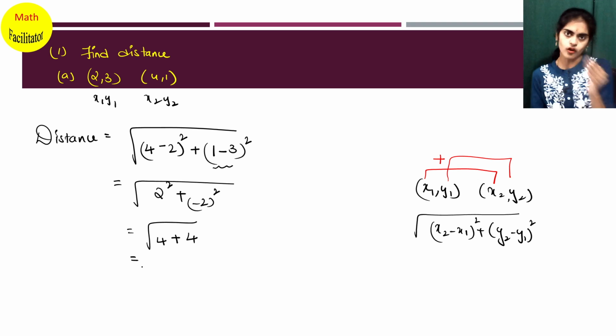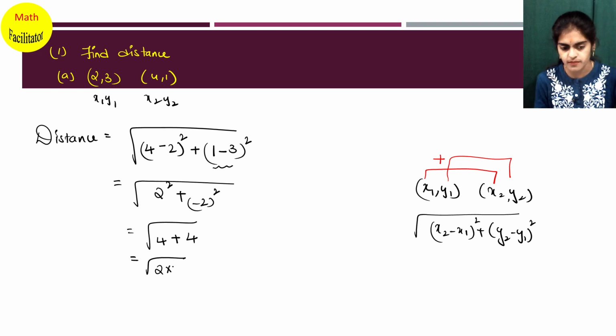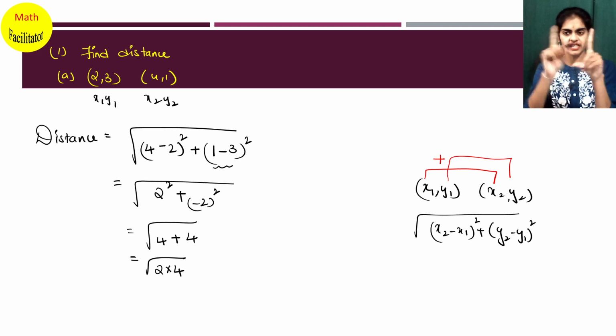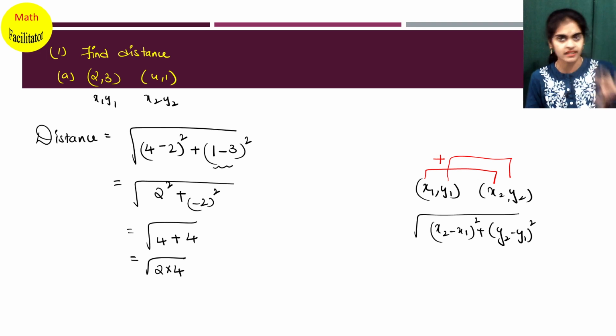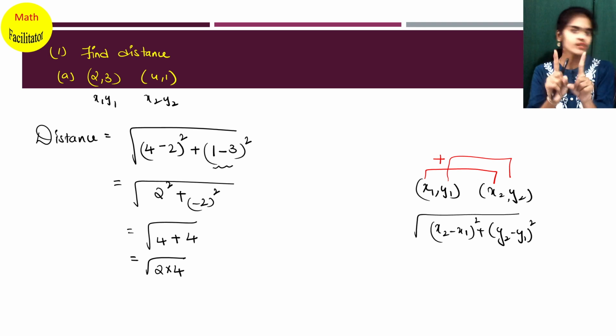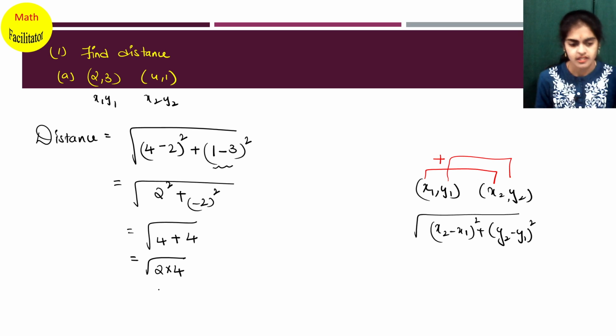Now this 4 plus 4 I can write it as 2 times 4. 4 plus 4, if you are adding it 2 times, it is 2 times 4. Okay, otherwise you can write 4 plus 4 is 8 and 8 you can write as 4 times 2. But again, while finding the square root, this will be the very easy method which I am telling you now. 4 plus 4, don't write it as 8. Write it as 2 times 4. You are adding it 2 times. Clear? So this gives you root 2 into root 4. So the final answer is root 4 is 2 and you have this root 2 here. So 2 root 2 units is the distance.